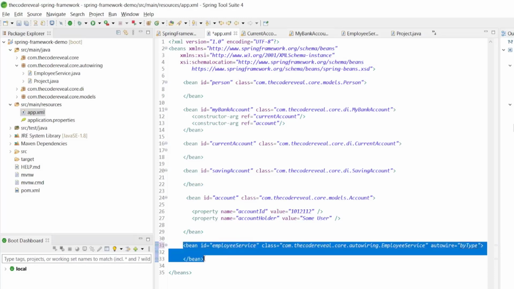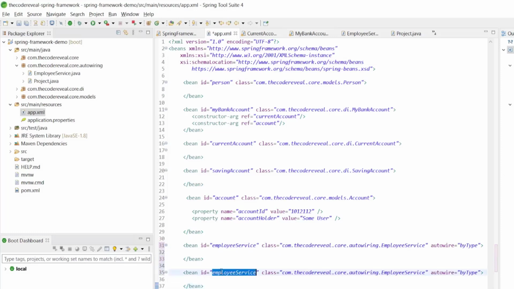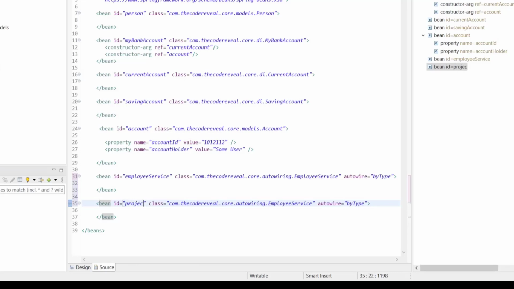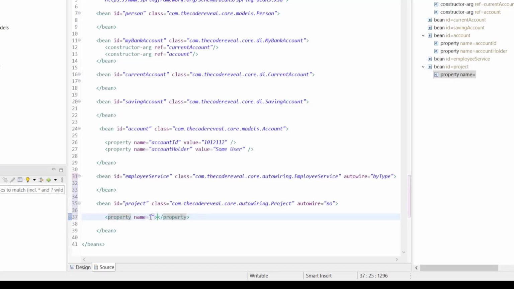Let's add here a bean. We'll call this project, and here let's define Project, and here we'll use autowire no, and let's define the property, and property name equal to projectID.